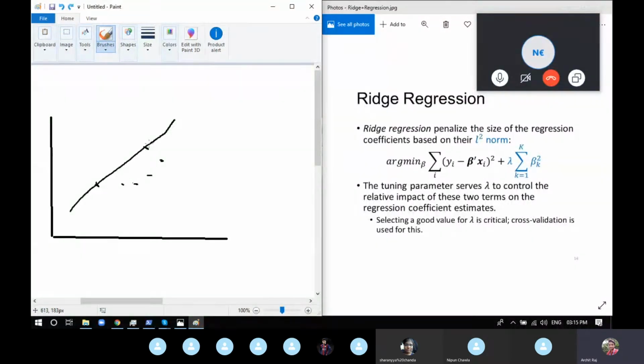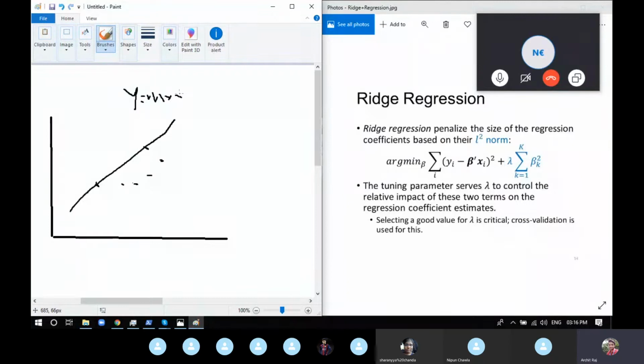Now, what happens in Ridge? For the same line, we'll put in the Ridge regression term. If it's the best fit for linear regression, the cost function for the first term will be zero. Now for this term, alpha times the summation of beta squared. So for all the equations you have, y is equal to mx plus c, this particular m term.